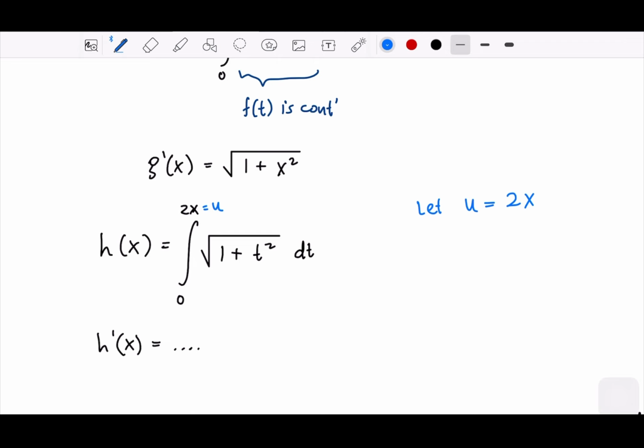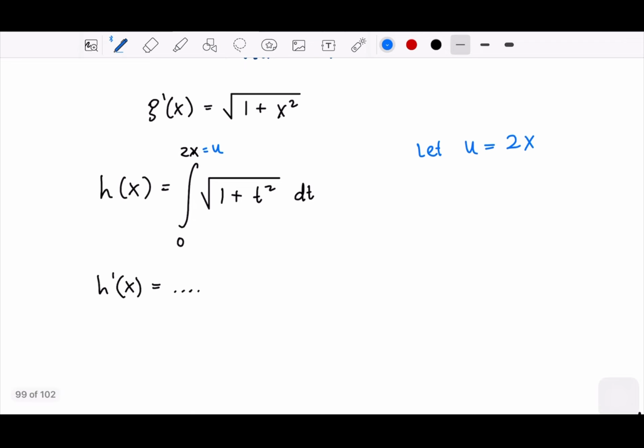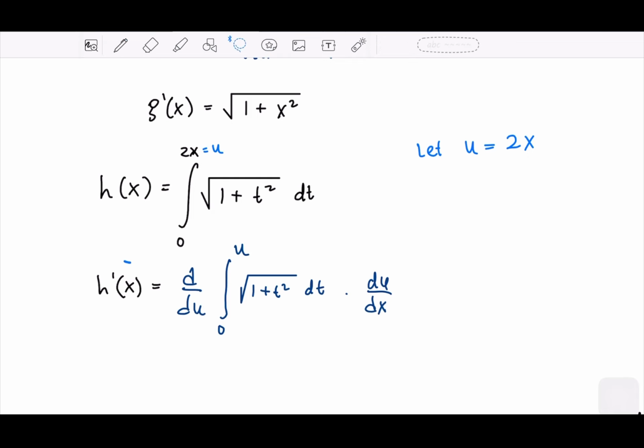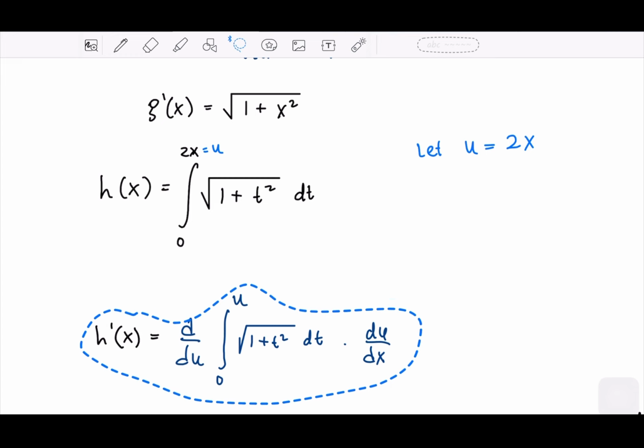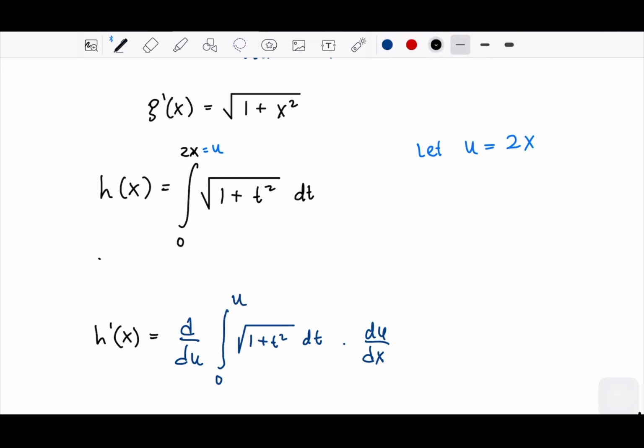So we could write this as d du. Okay. Still the same inside, 1 plus t squared dt. Okay. And then we need to multiply du dx to get our original d dx. Or let me write with 2 steps to make sure that you understand. The original expression for h prime x is d dx